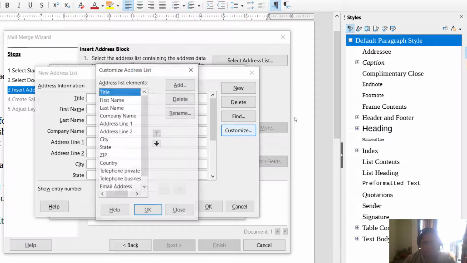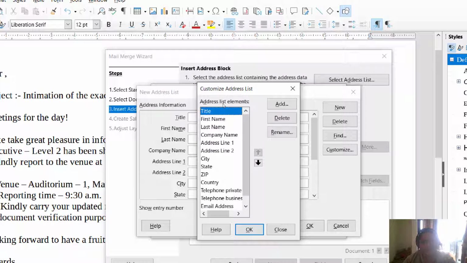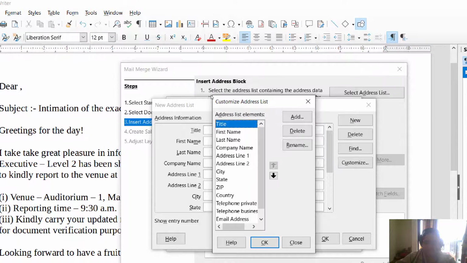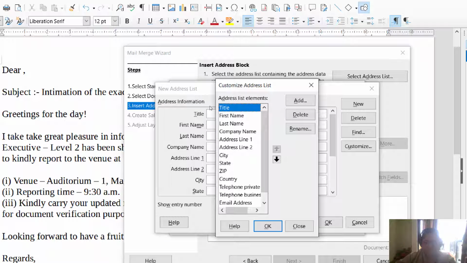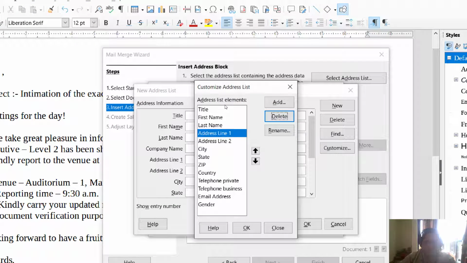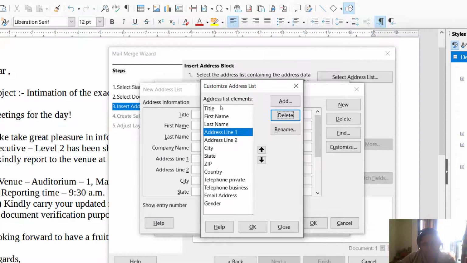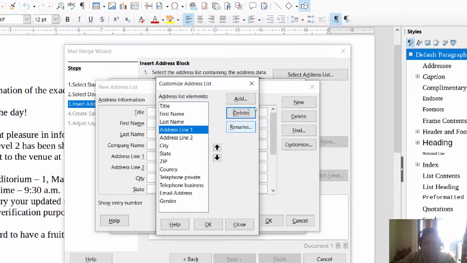So what we can do is customize it according to our requirement. We'll first go to customize, and from here we will remove all those extra fields which we don't need. Like we need title, first name, and last name, but we don't need company name. So I'm going to select this and click on delete. Address line 1, I just need one line of address, so rather than using it as address line 1, I'm going to rename this.